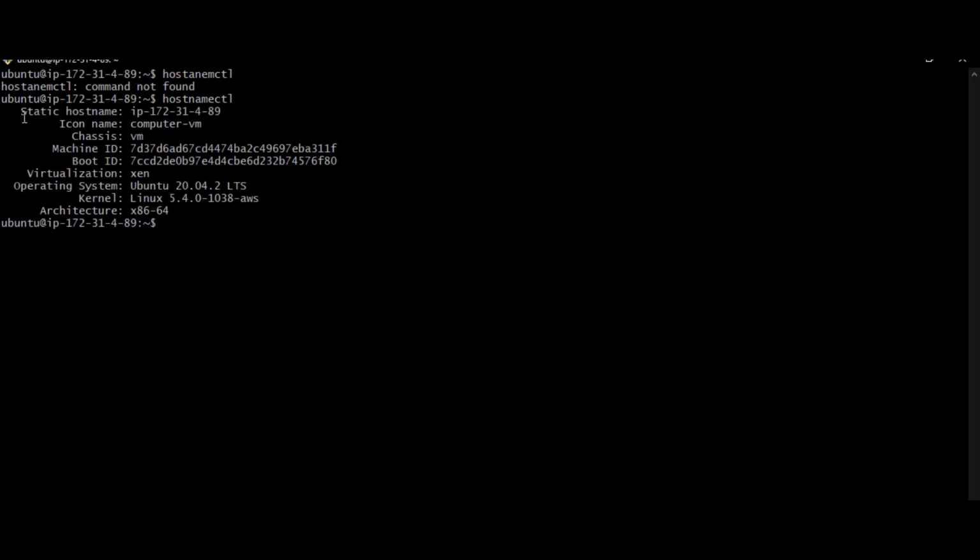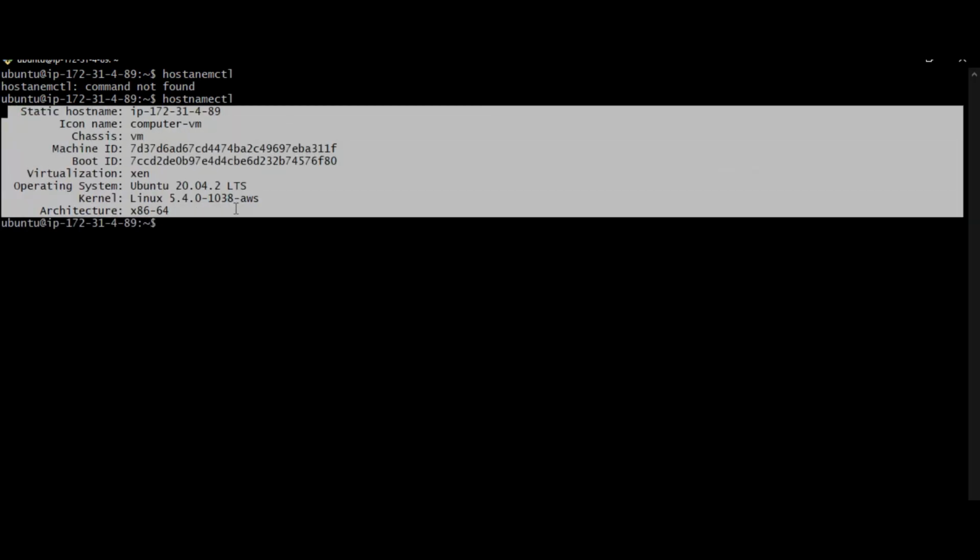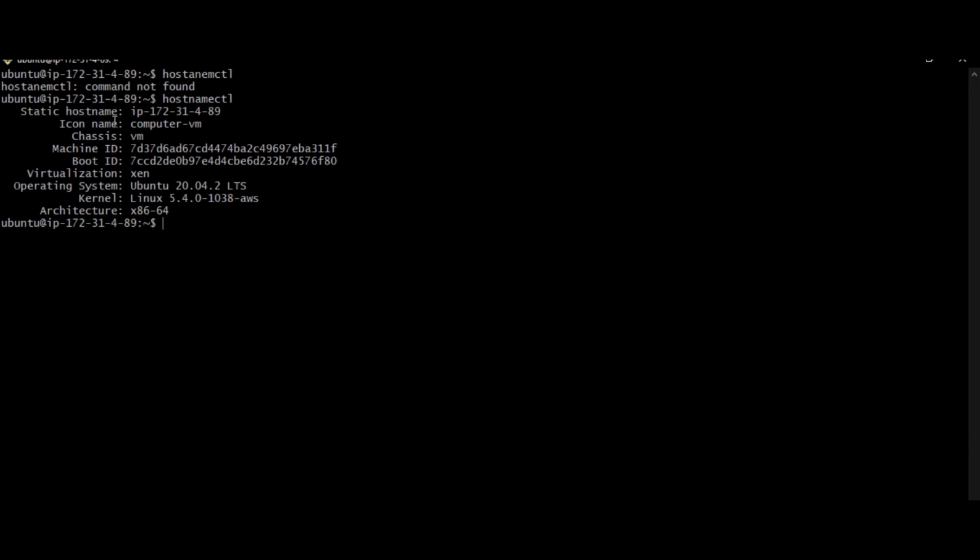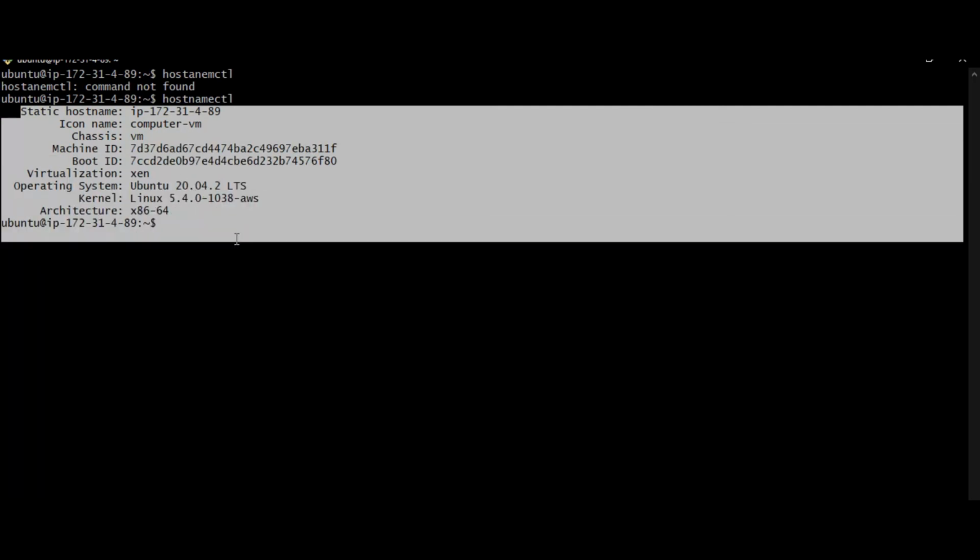See here, we can see the main information of the server, like hostname, icon name, chassis, machine ID, boot ID, virtualization, operating system, kernel, architecture. So this information we can see by using the hostnamectl command.